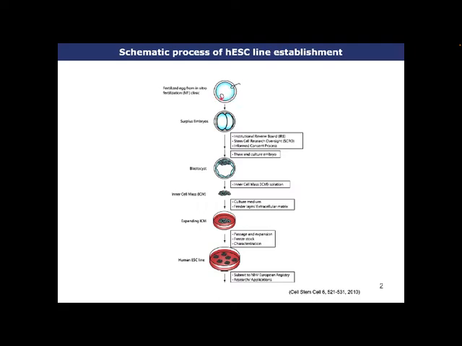In this case, we use the fertilized egg from an in vitro fertilization clinic. So isolated egg and sperms are combined and fertilized. Then these fertilized eggs develop to generate the blastocyst and the inner cell mass inside of the blastocyst. And if we crush the blastocyst and isolate the inner cell mass, and then culture those inner cell mass aggregates